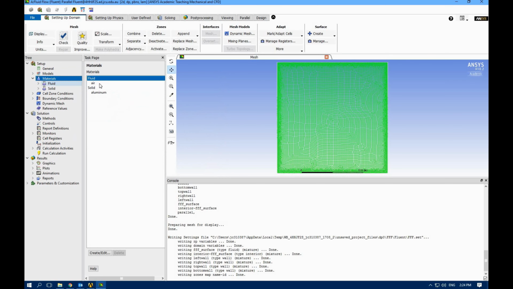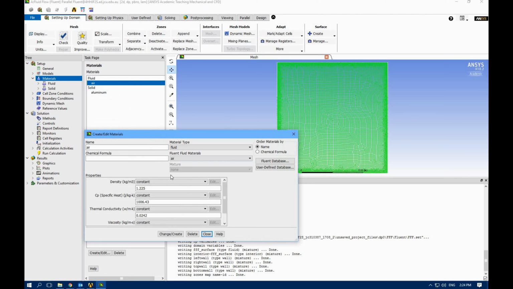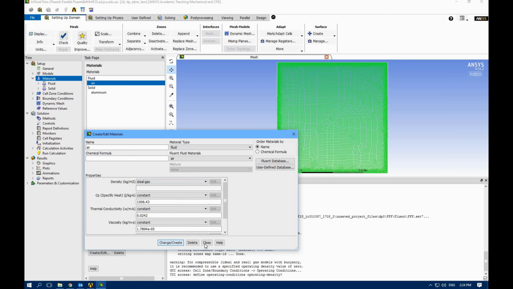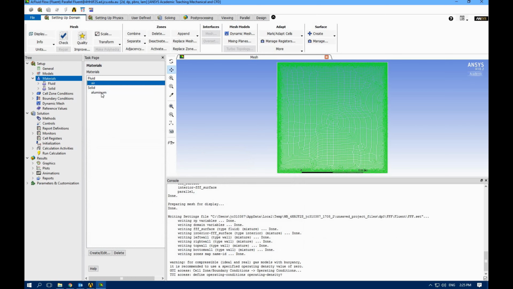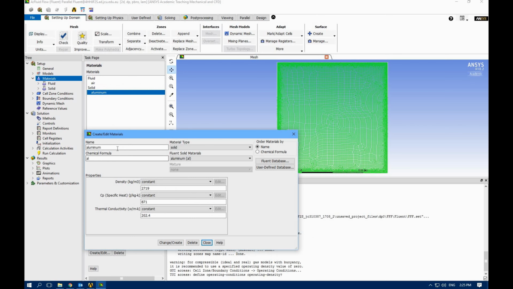Let's go for material, open air. This is the air, and I'm going to consider ideal gas. You can go and consider incompressible ideal gas, but I'm going to consider just ideal gas, change and create. So one is ready. Also, this is aluminum. I'm happy with it. And also I want to create insulation,